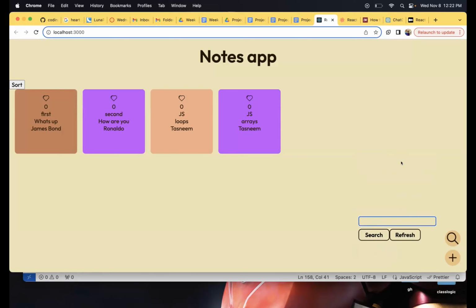Are you guys clear about what I did so far? Of how the search function is actually working? Anyone with any questions? Yes, if I press on search without anything, it's going to return nothing because it's an empty string.